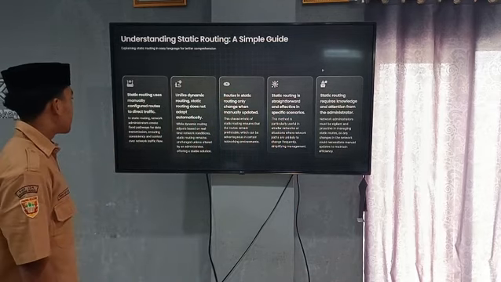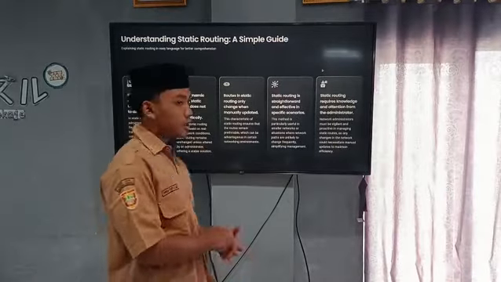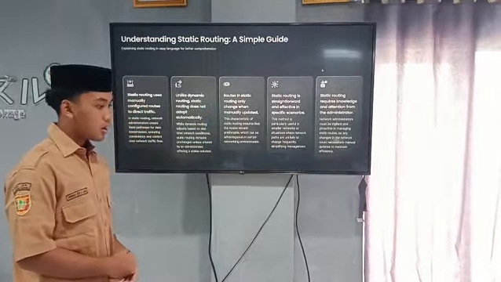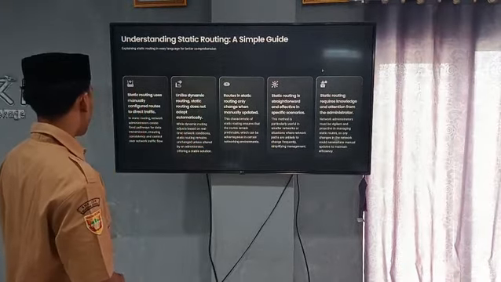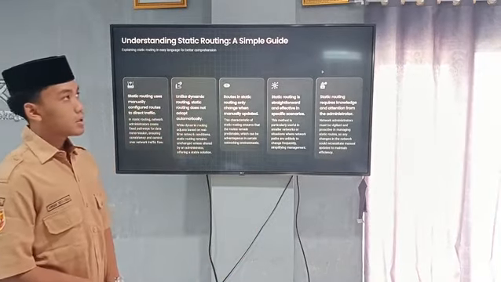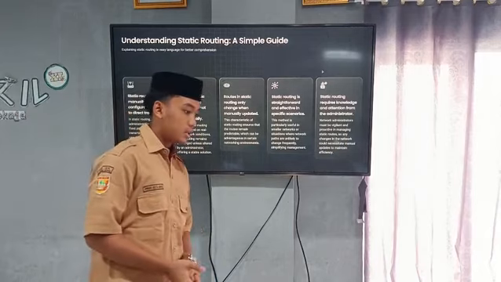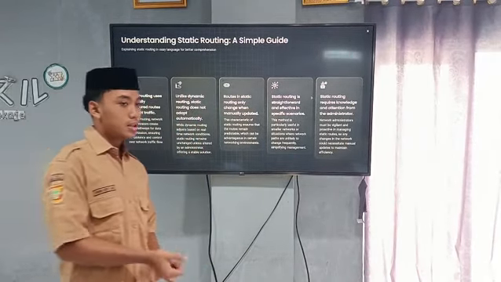So a static route uses manually configured routes to direct traffic. A static route is different, it's part of the routing protocols. There are two, dynamic and static.